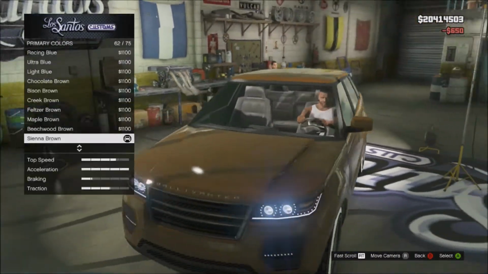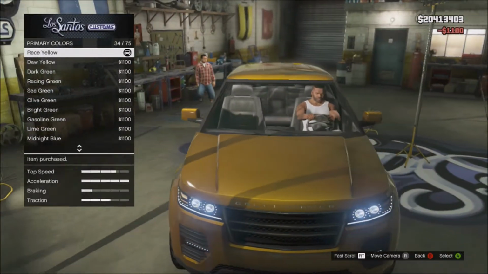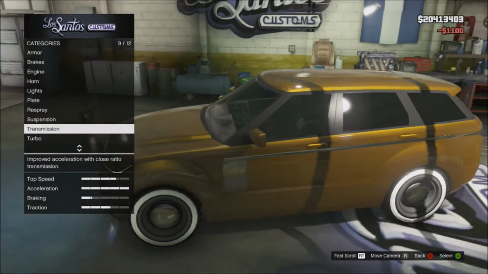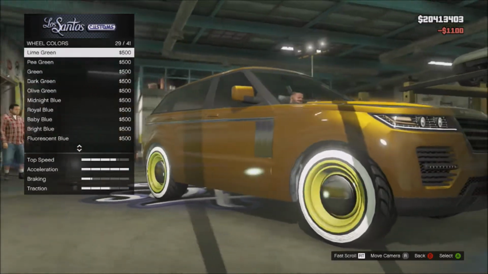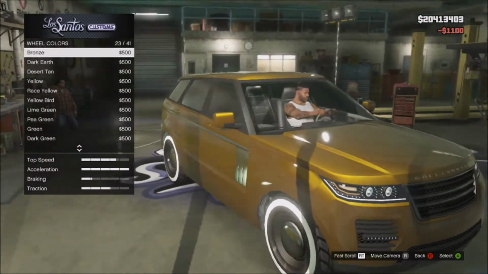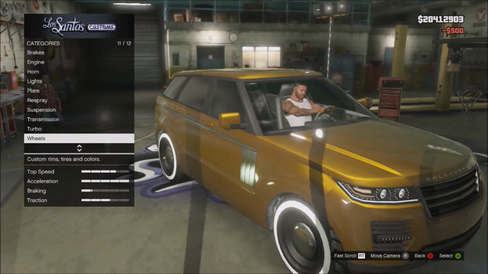So you have Feltzer brown and then race yellow. Now this creates such a nice goldy colour. And the reason why I'm keeping the wheels is because then you can either go race yellow to match it, or you could go black to make this car look absolutely